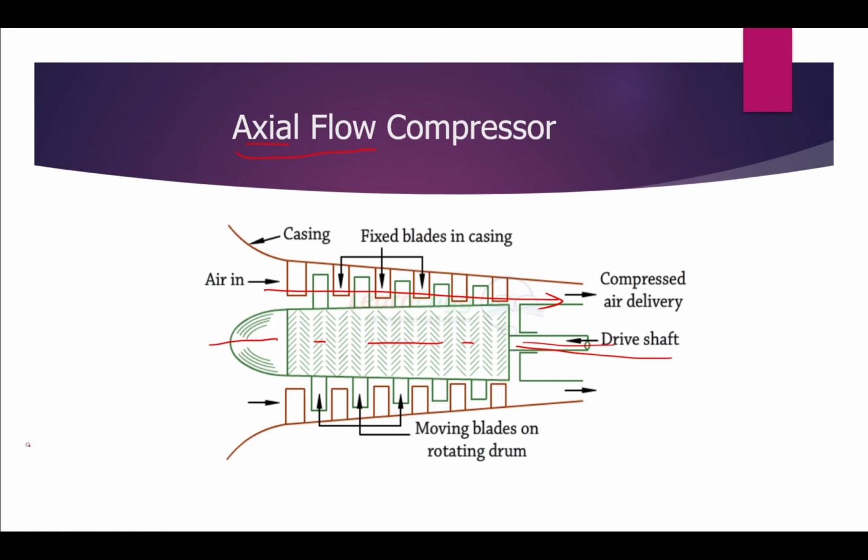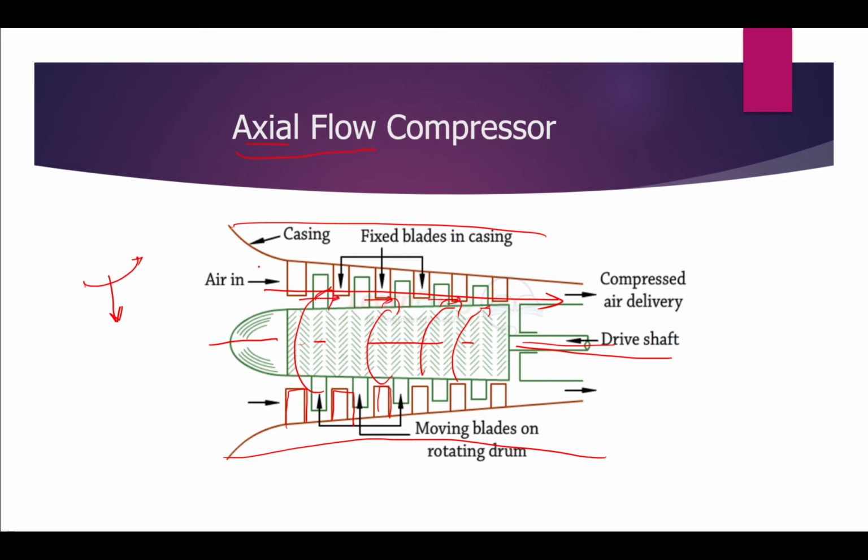This will also be run at high velocity. There will be two parts. One is fixed blades, which will be attached to a casing. So there will be a casing like this, and in the casing there will be fixed blades. These are all fixed blades. The green ones are moving, that means this will rotate like this. Only the rotor part will rotate. Due to this, it is like a fan. If a fan rotates, what happens? Air will flow in this direction, like a ceiling fan. Similarly, if it rotates like this, the air motion will be like this.